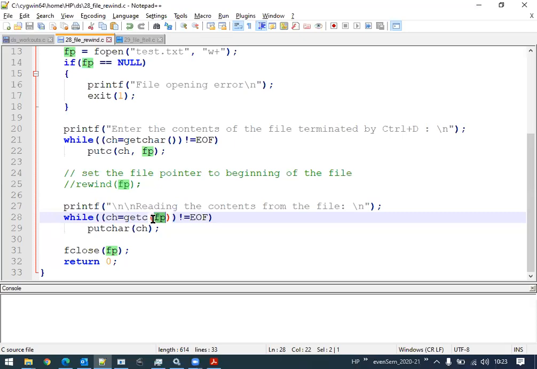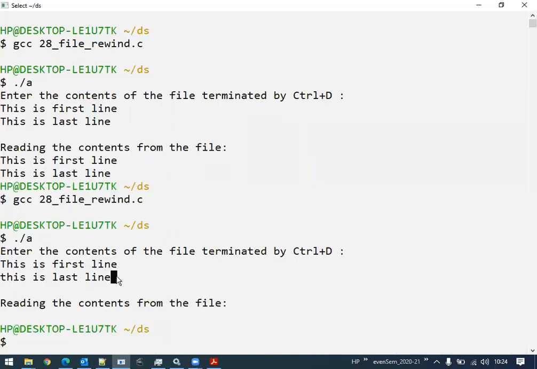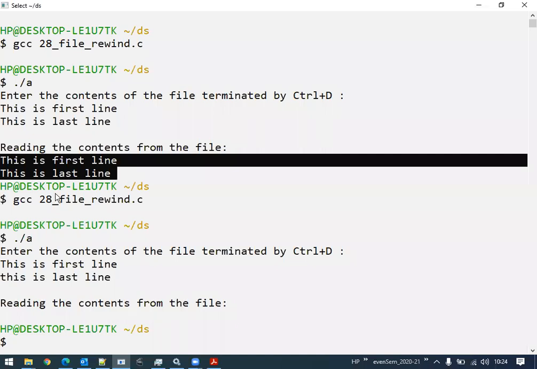So the condition itself becomes false. That means the file pointer is now pointing to the end of the file. So it says, okay, you are at the end of the file, you are not supposed to read anything. So this function will turn out to be false. Then this particular file condition will turn out to be a false case. Then it will not read anything. But if the rewind function is used, then definitely what will happen? The fp, which was positioned at the end of the file, will be moved back onto its first position. And then it can successfully read all the contents from the file.